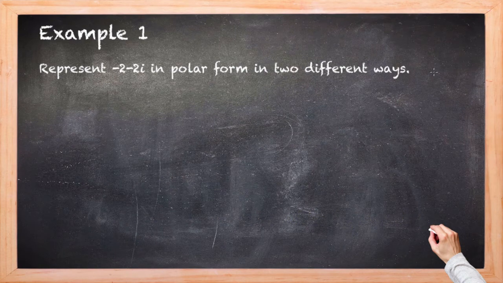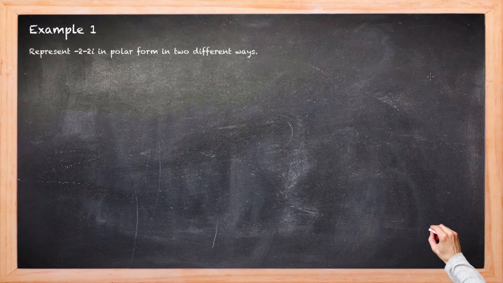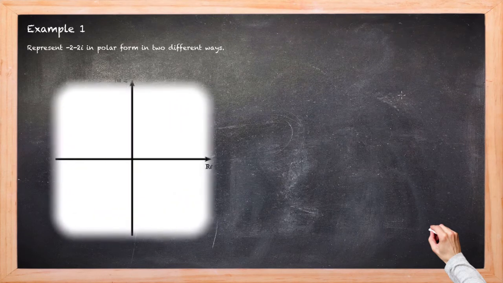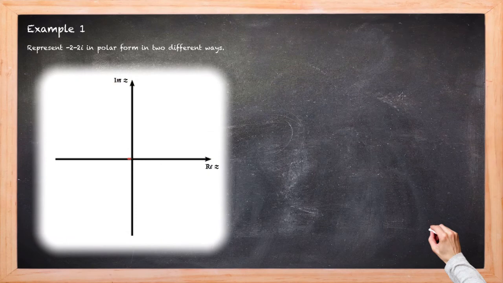So let's tackle example 1. Complex number -2 - 2i. We have to write it in polar form two different ways. So let's first of all have a look at where it is on the diagram. It has a real part of -2 and an imaginary part of -2. And let's have a look at its